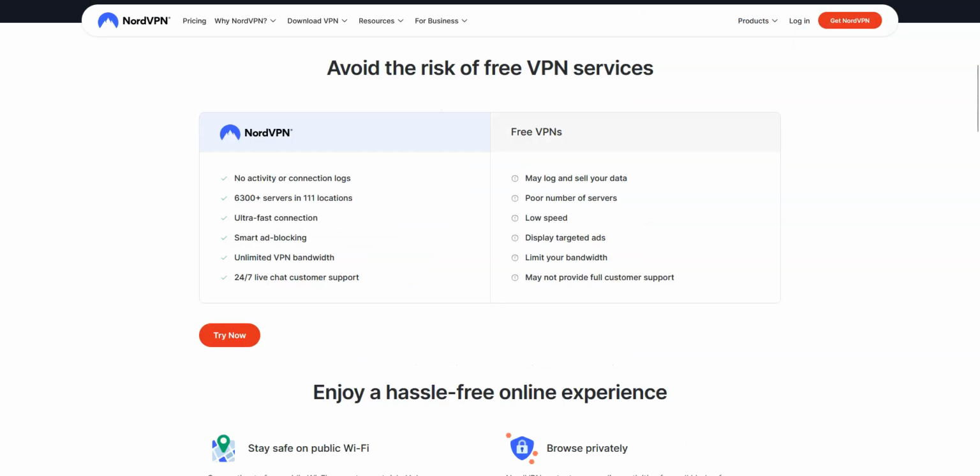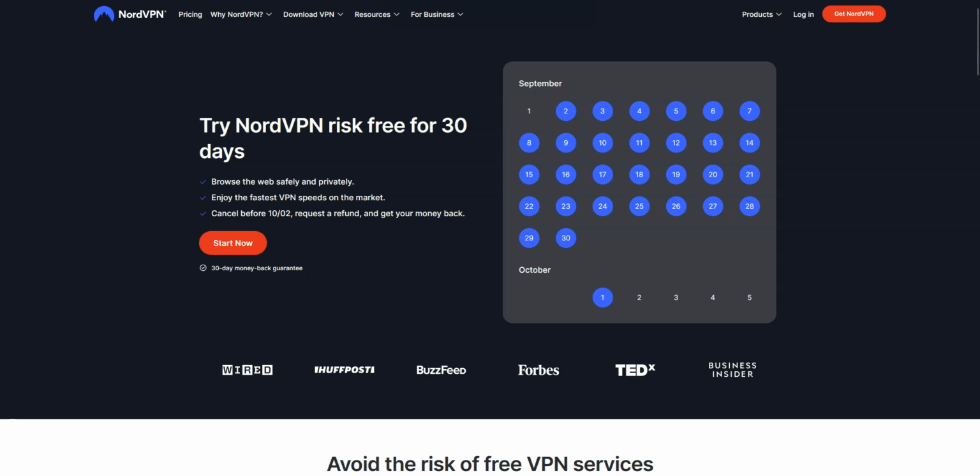Don't even think about free VPNs. Free VPNs are not very effective at unblocking restricted apps and websites. They're also unsecured and very slow. The worst part is that some of them can easily be detected by your ISP. Best to forget about them. This is why I recommend using NordVPN, which is by far the easiest and most effective way to unblock Twitter in Brazil.